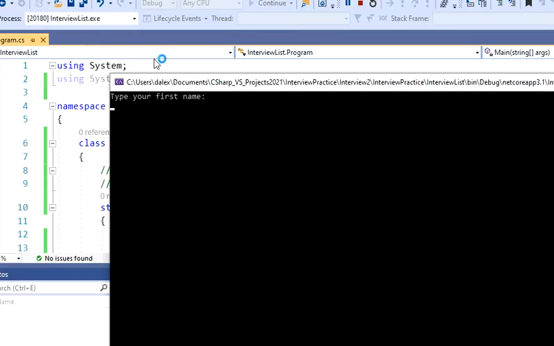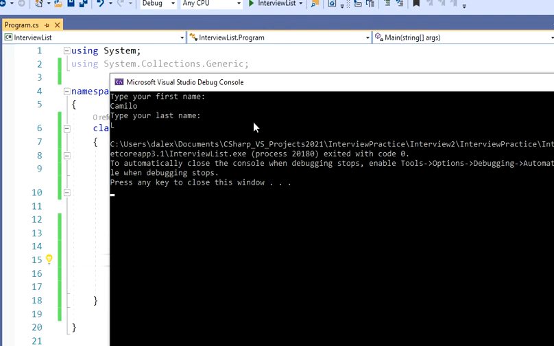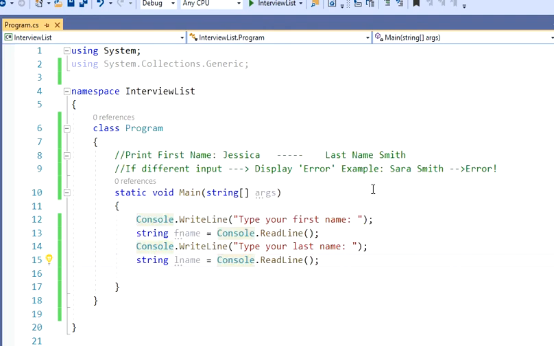And if I run this program, what I'm going to have is something like this. Type your first name. So let's say Camelo, and last name L. So the application is working so far, but they want you to have specifically this Jessica Smith. So you have to create some sort of validation in order to get that from these two variables, first name and last name. So what I'm going to do next is